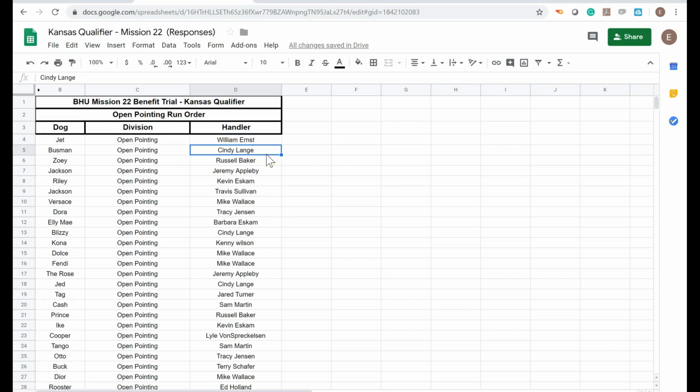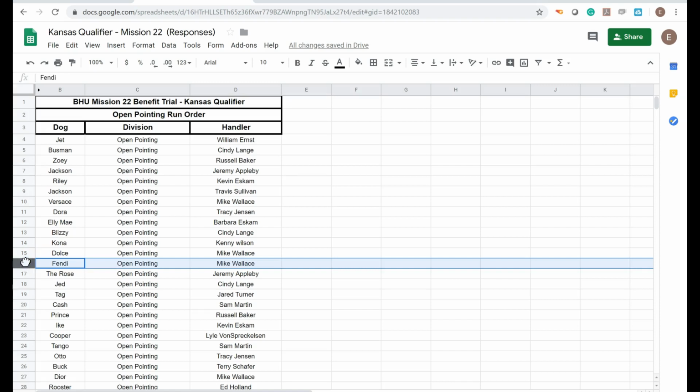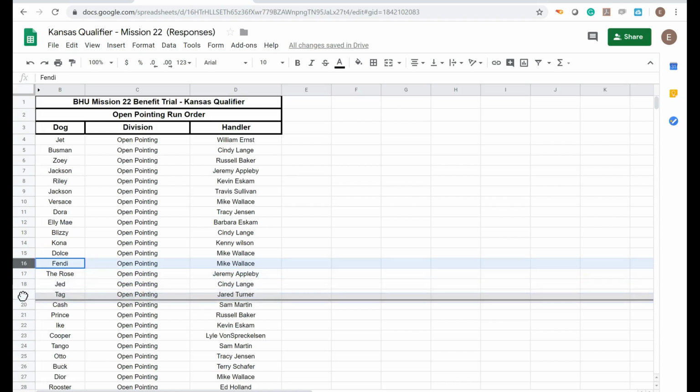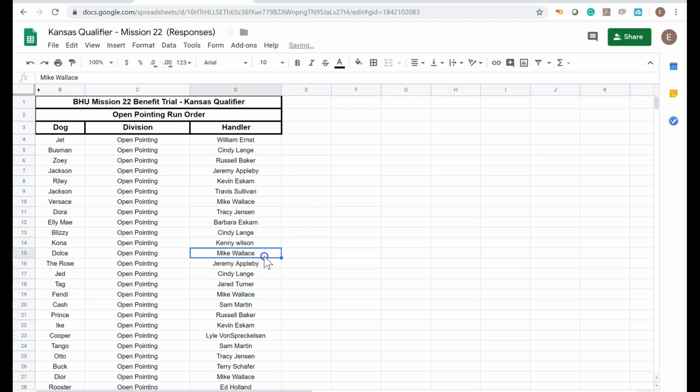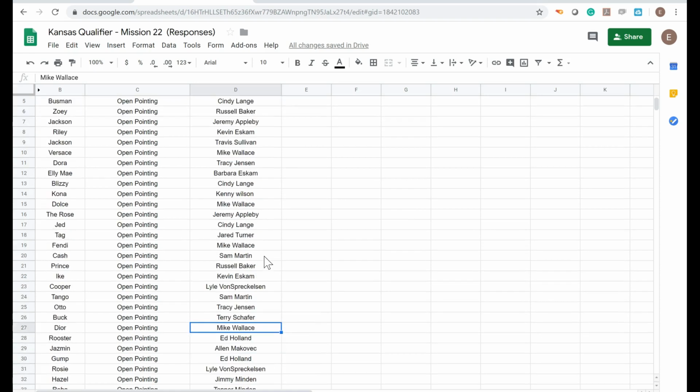So Bill, Cindy, Rusty, Jeremy, Kevin, Travis, Mike, Tracy, Barb, Cindy, Kenny, Mike, Mike. Okay, we have a back-to-back run here. So we're going to move these and separate these out a little bit just so that there's a couple of dogs between them. So now we're at Mike, Jeremy, Cindy, Jared, Mike, Sam, Rusty, Kevin, Lyle, Sam, Tracy, Terry, Mike,